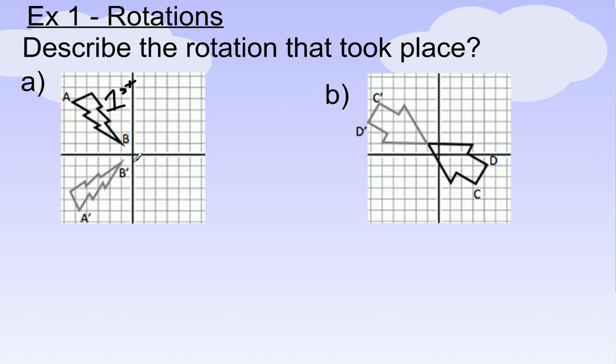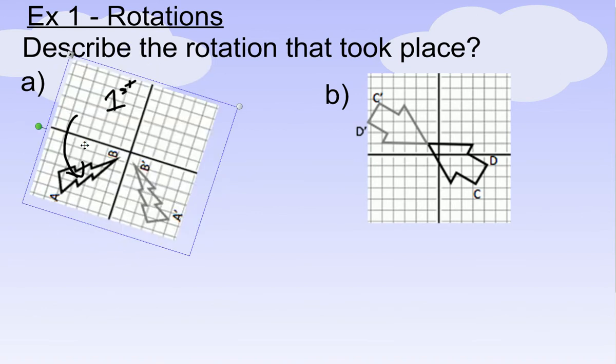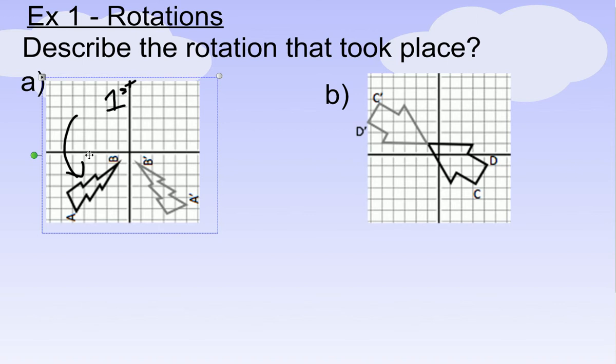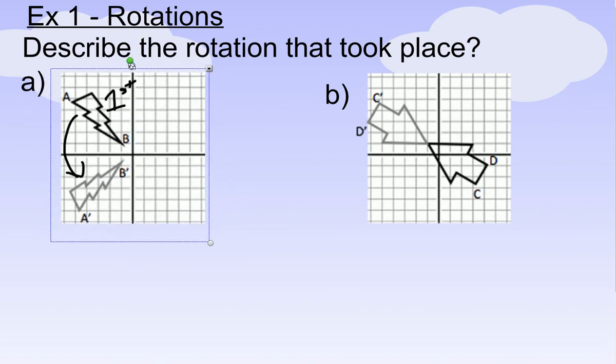So if I'm looking at these, it looks like this just rotated that direction. If you would imagine like taking this whole picture and kind of turning it like that, that's kind of what happened to our first shape. So this would be a rotation. As we can tell, it's a rotation. But this rotation is 90 degrees because it moved from one quadrant to the very next quadrant. So this would be like a 90-degree rotation,